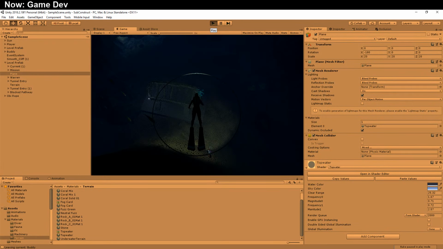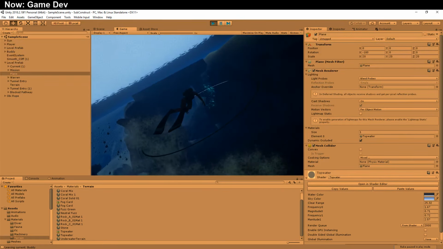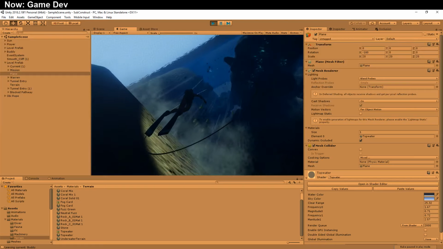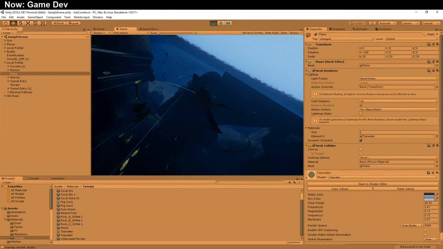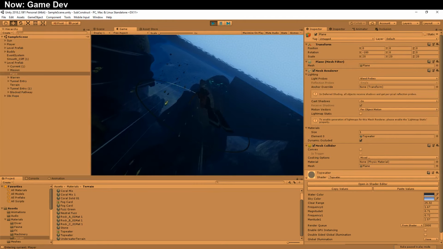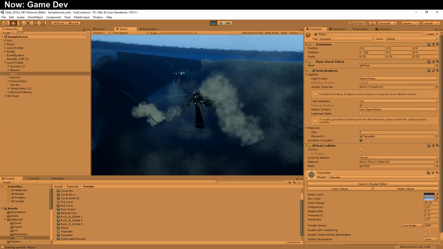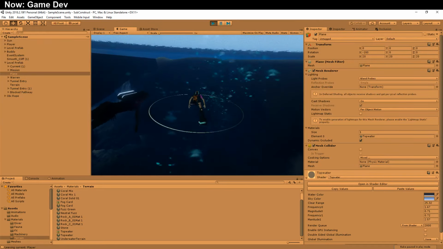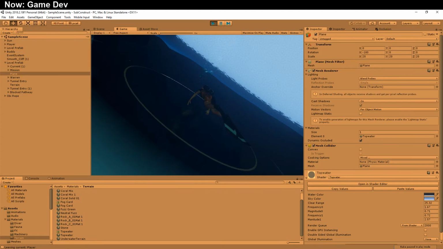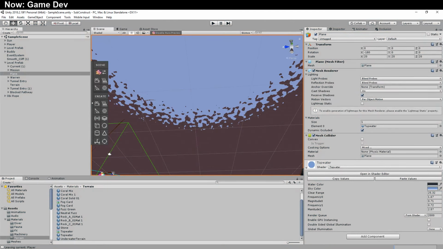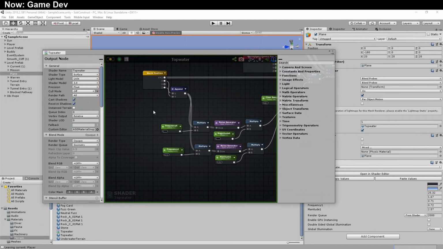But one of the things that we need to do in this particular setup is we need to make sure that these waves move, because as you can see, they ain't moving. They move a little bit as we sort of move ourselves, but if we sit, we're caught in a current, so it was moving. But if we just kind of sit still, they sit still, and that's not what we want because we're not stuck in ice. So what we're going to do is we're going to take this setup here, and we're going to add in